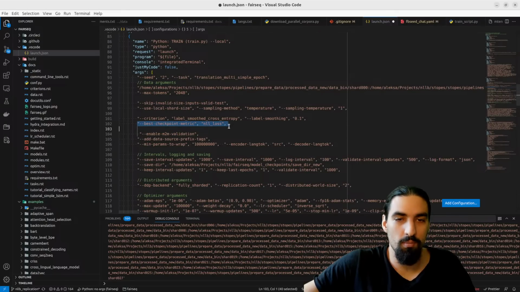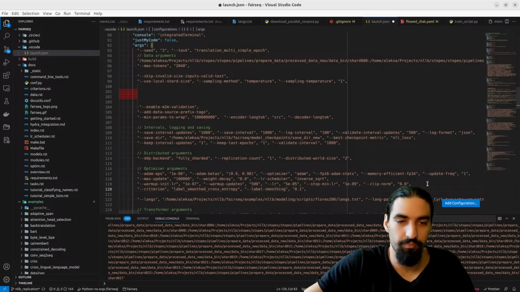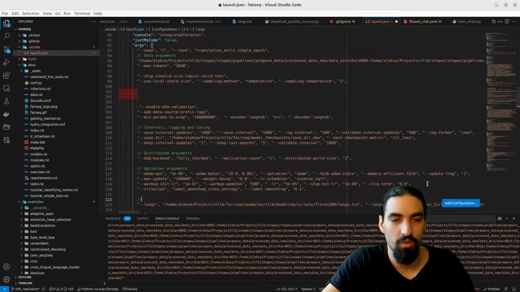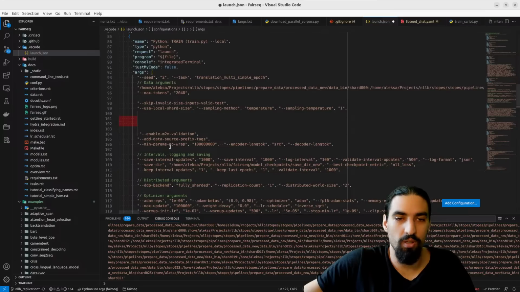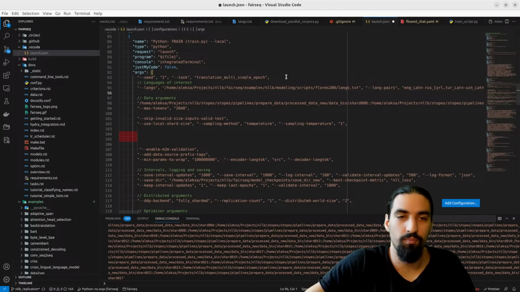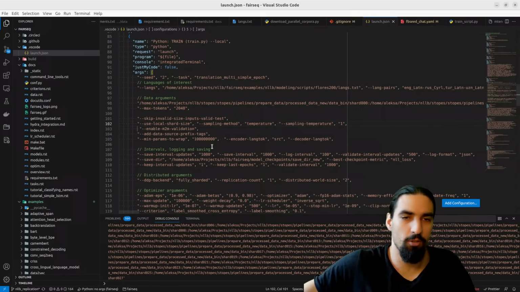This should probably be under saving here for the checkpoints. Criterion and label smoothing should be under optimizers. Languages of interest. Let's put this all the way above there. Data.